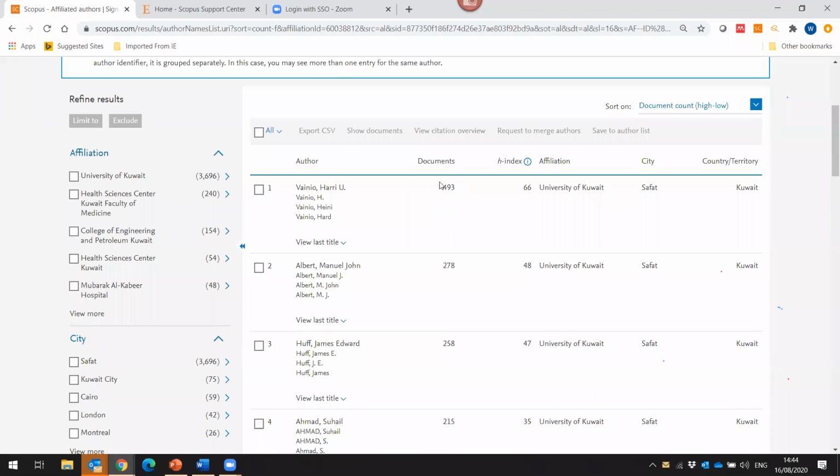No, this is all his publications in Scopus. So it could include one article with Kuwait University, or it could have 400 articles with Kuwait University. So this is the number of documents. If we take an example again for Dr. Harry,